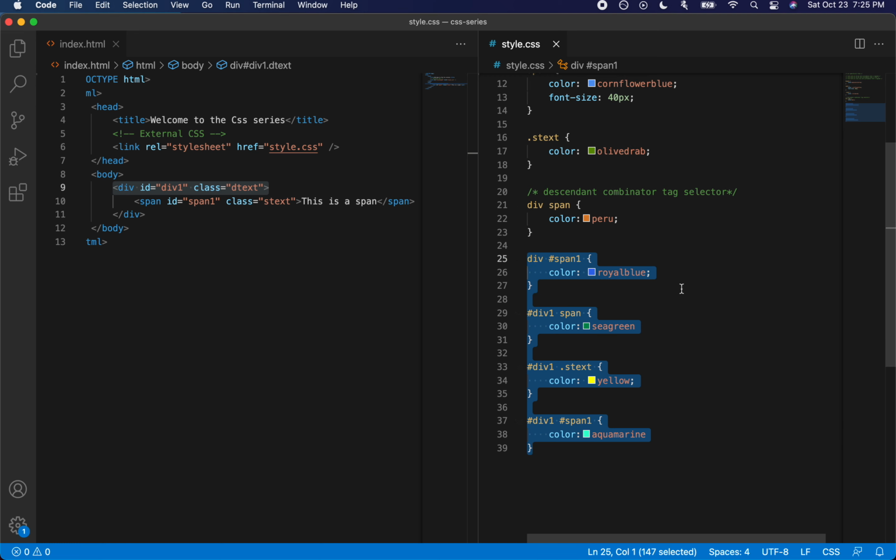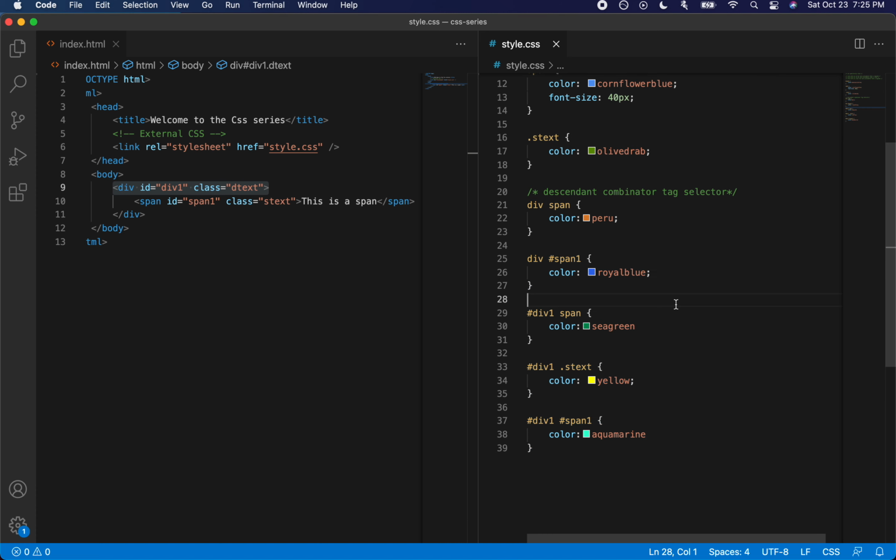Hopefully this is clear, and this is a very important concept to get a good grasp on, because there are a lot of developers who struggle to see why there are conflicting styles, and they can't wrap their head around why the browser is adding different styles when they expect another style. So once we get a good grasp on CSS specificity, it's easier to debug styling issues and make it as optimized as possible.